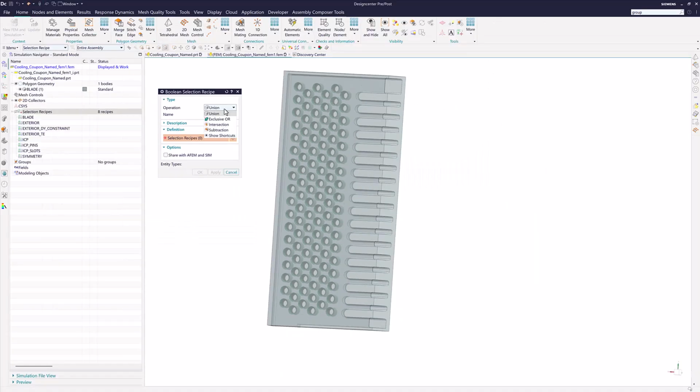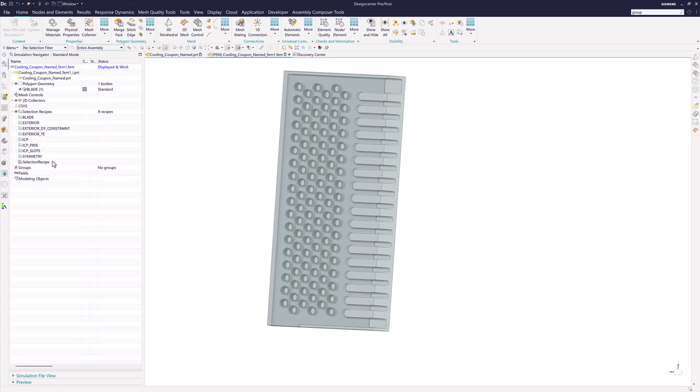So let's say I'm trying to do an intersection between a couple of selection recipes. You just control click those selection recipes over here in the navigator. Let's do a subtraction of this using my tool, and I can hit OK, and I get my new Boolean selection recipe. I can rename this, right click, and say,